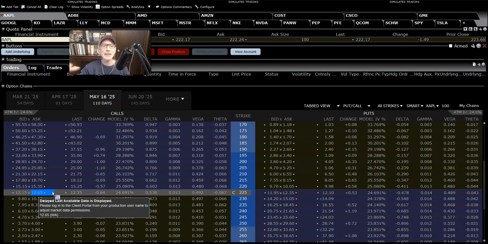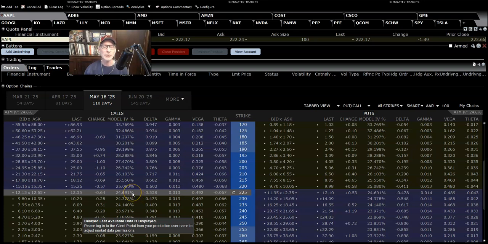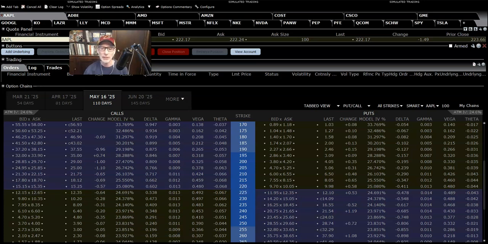Most people come into this thinking, I'm just going to buy some calls and I'm going to make all this money. Well, a lot of it's fighting against you. So you've got to understand how delta works, theta works, which strike price to choose, and which expiration date to choose. And if you can get all that done, then you're going to make yourself some money. But also, big factor is